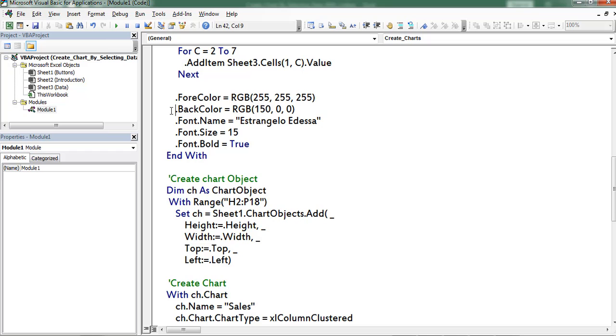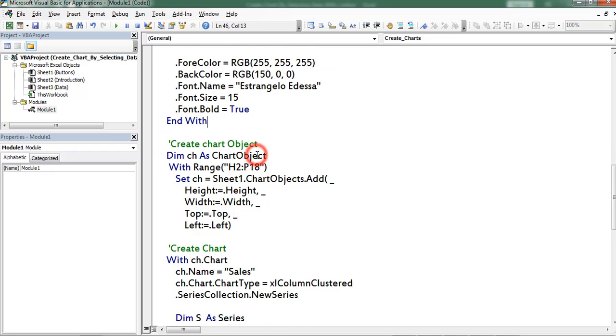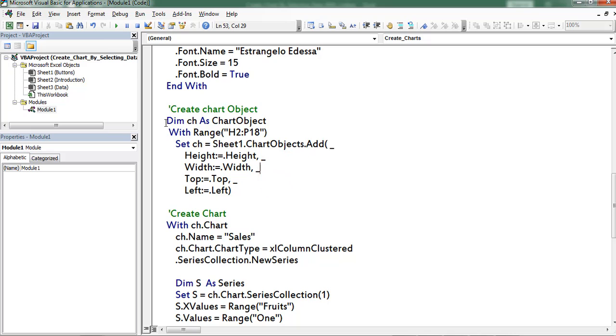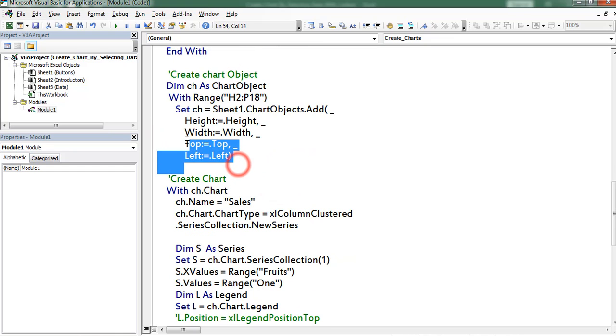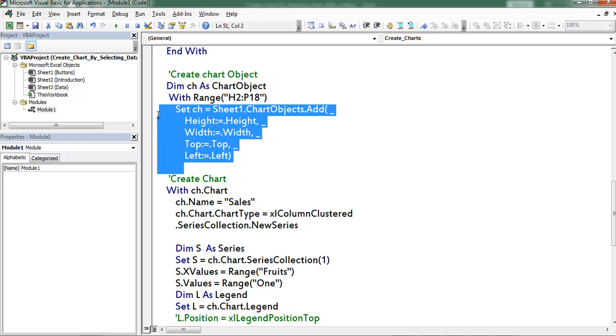Changed the back color, provided the font name, increased the font size, mentioned the font as bold. Thereafter, I created a chart object. Next, I defined the range to the chart object. Next, added the chart object based on the defined range.